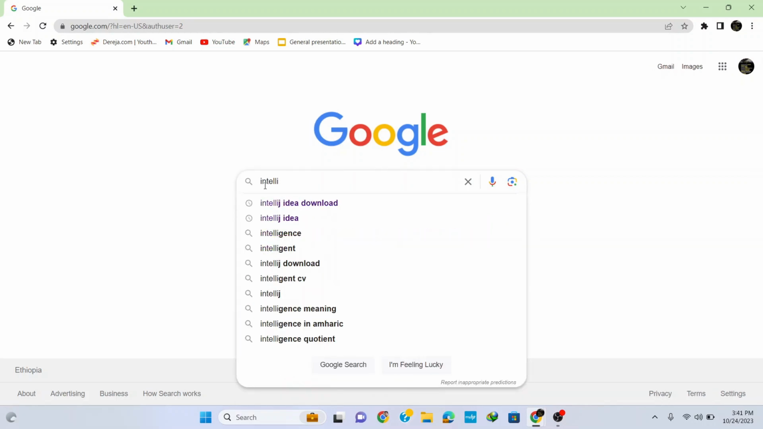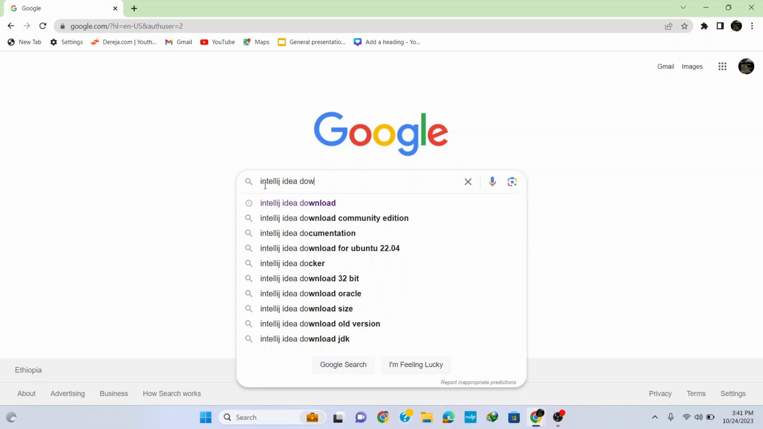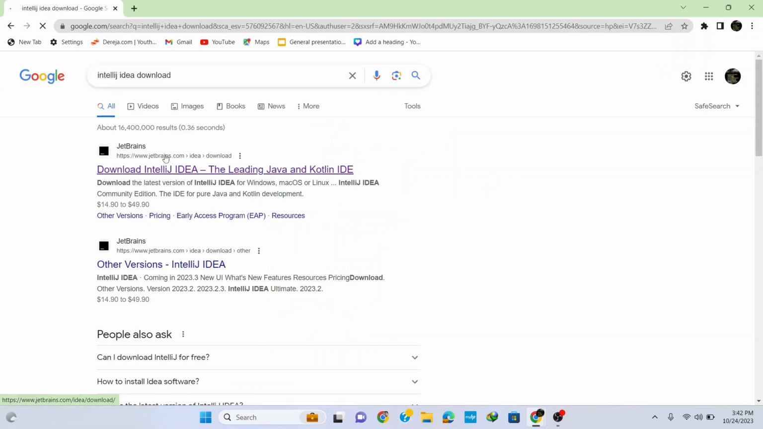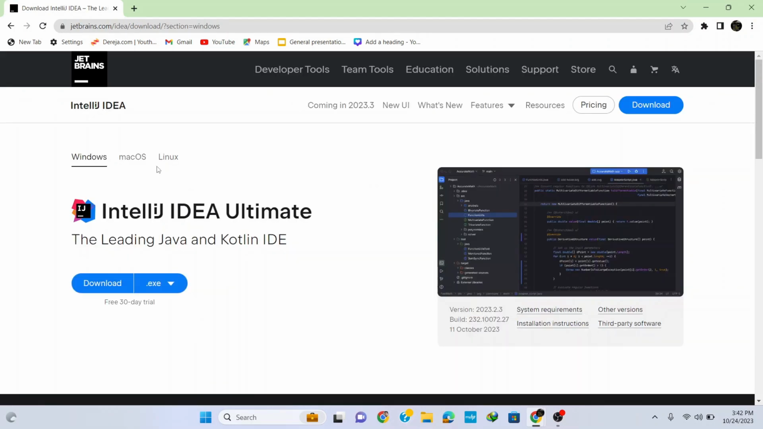To install the latest version of IntelliJ IDEA, go to your browser and search for it by typing in IntelliJ IDEA download and hit enter. Here click on the first link from jetbrains.com. This opens up the official site of IntelliJ IDEA. You can get this link from the description of the video so that you can simply click on it and